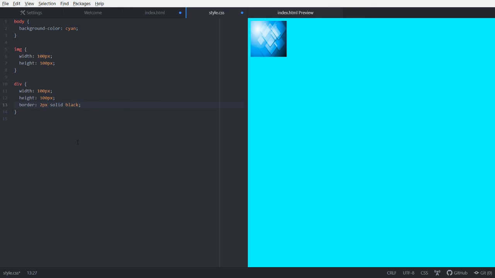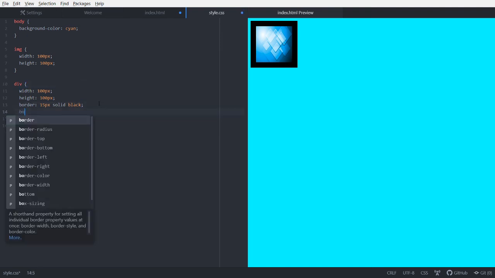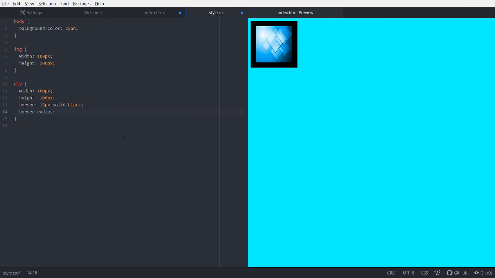Okay, now let's save this, and ta-da! So let me show you how 15 pixels looks like. Wow, that's really wide. Okay, so basically it's like that. You can also make it a circular frame. Just add this line of code, border radius to 50%,